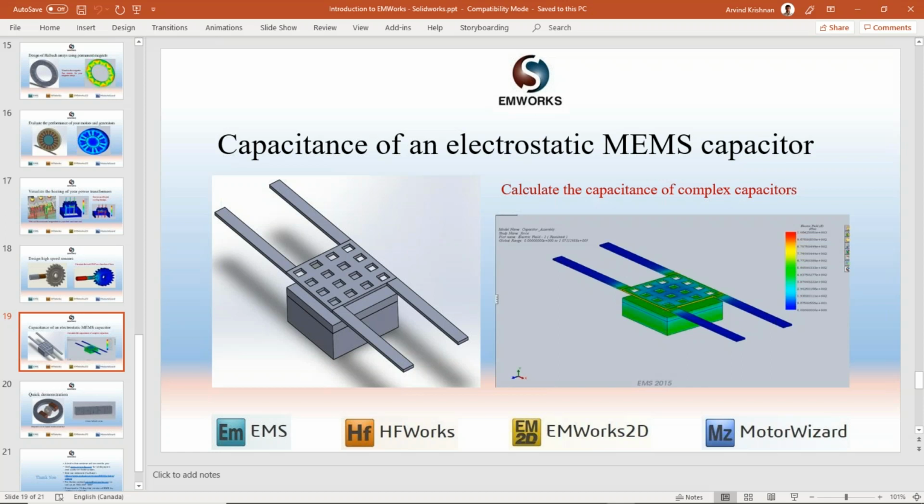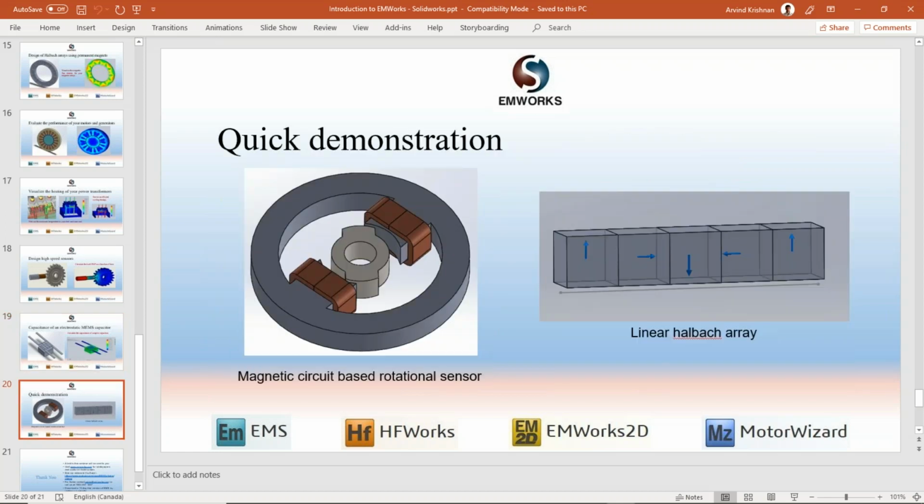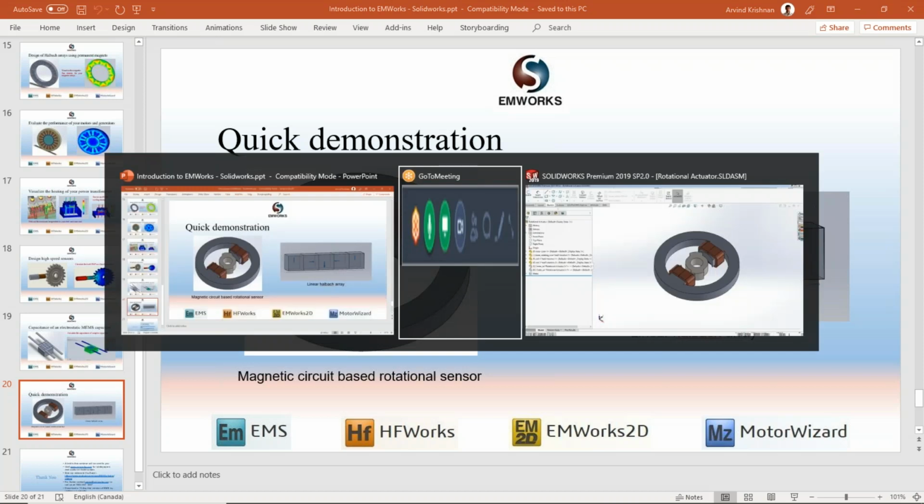So with this slide, I've covered some basic applications that EMS for SolidWorks can handle. Now, I will be showing you a couple of demonstrations using the product, and this will help you to understand the workflow of EMS for SolidWorks and also understand the various pre and post processing features available in the software. So without further ado, let me